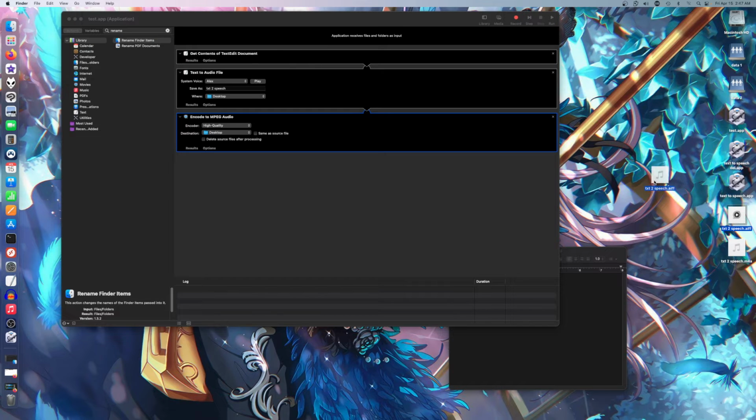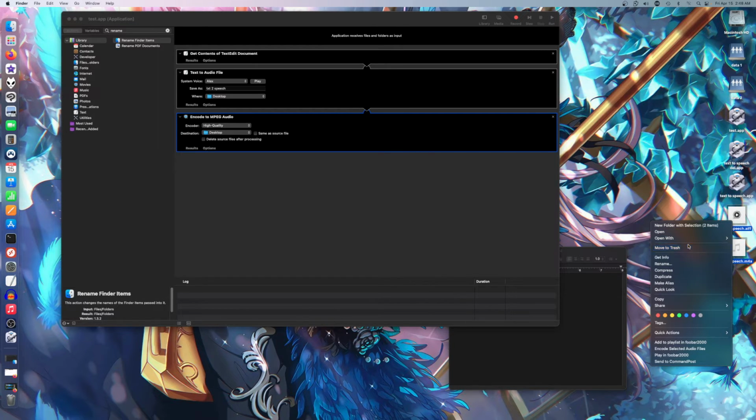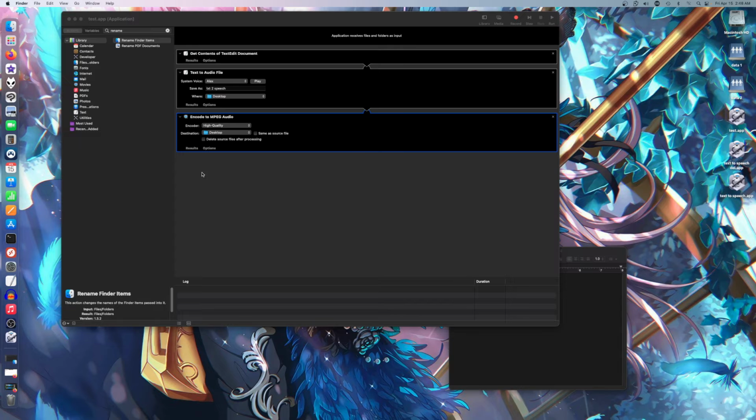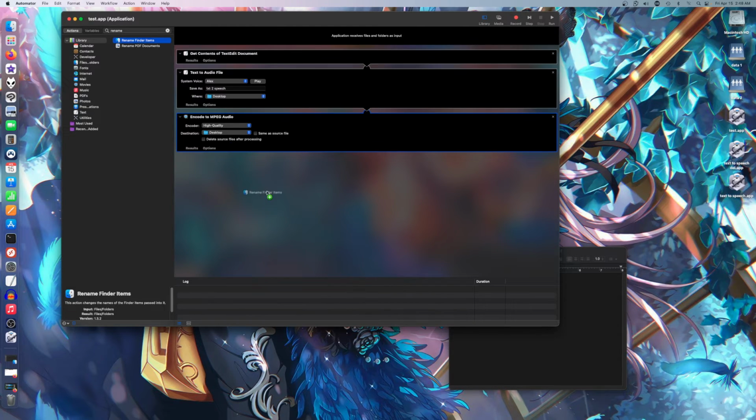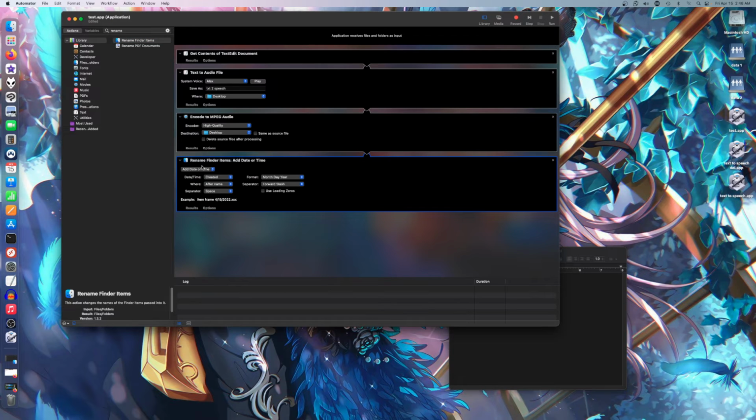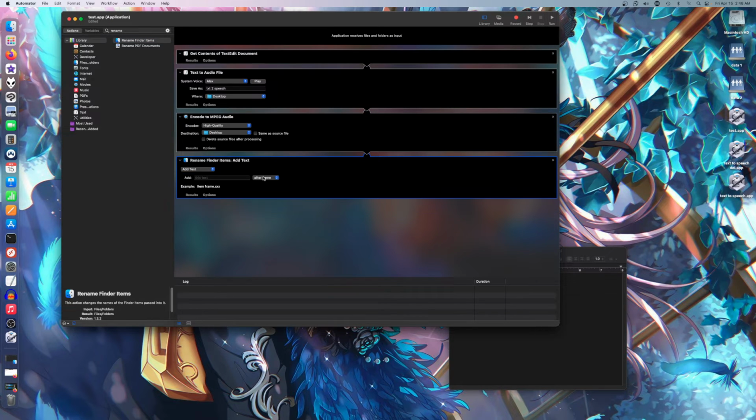And if you look at this one, it is AIFF. And if you look at this one, it's M4A. So there's that, but that's just with that file saved. So I'll move it to the trash. Now if you go back to Automator, transfer to here, go here, add text,